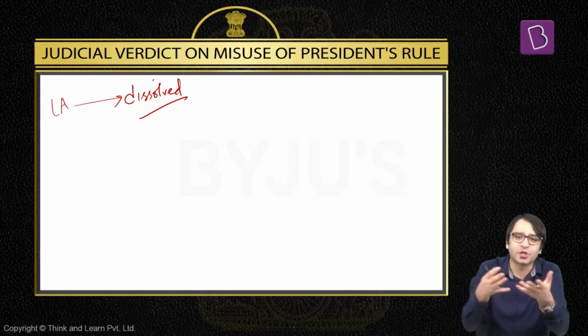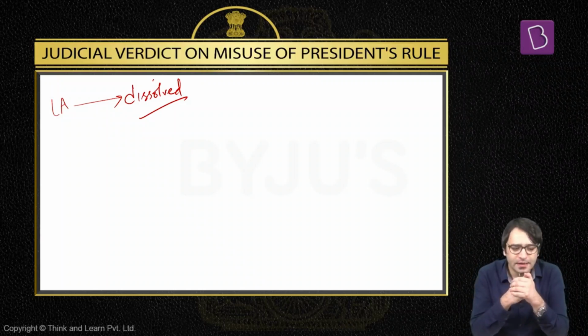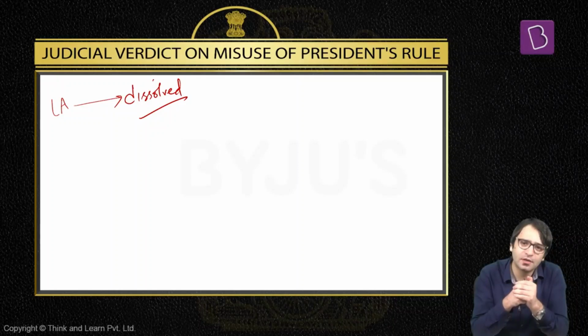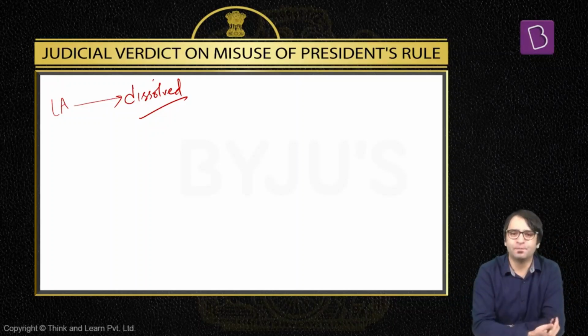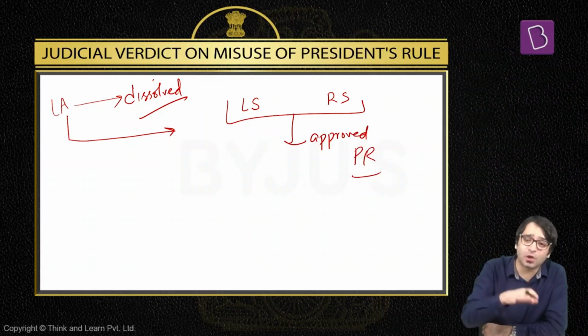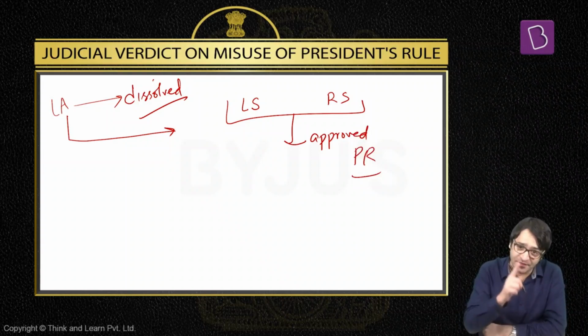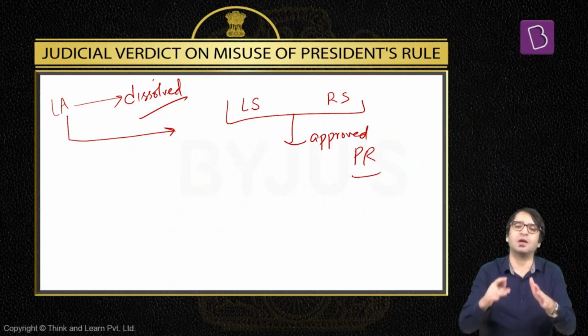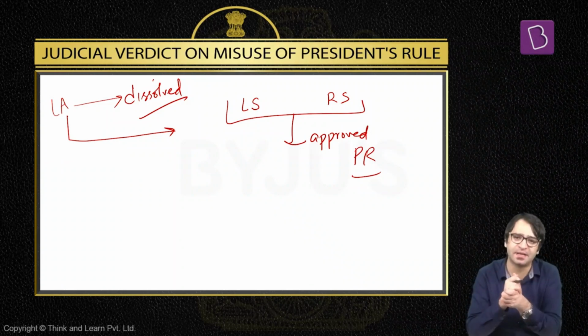This was communicated to the Supreme Court: what if you conduct a judicial review, but by the time you give the verdict, the Legislative Assembly is dissolved? Now, what is the logic and the objective of your judicial review? The Supreme Court said, number one, you cannot dissolve the Legislative Assembly unless both Lok Sabha as well as Rajya Sabha have approved President's rule. So without the approval of both houses of Parliament, don't dissolve the Legislative Assembly. And even if you do, we have the power to revive the dissolved Legislative Assembly. We will give life back to that dissolved Legislative Assembly and revive it back to power. That's what the Supreme Court said in SR Bommai versus Union of India.